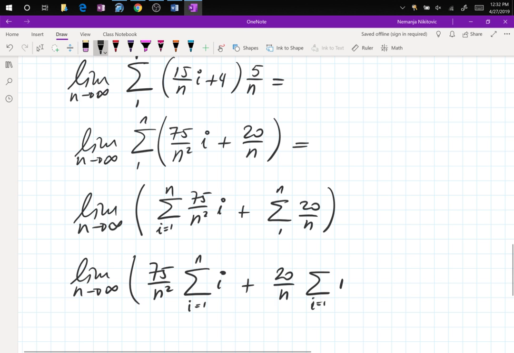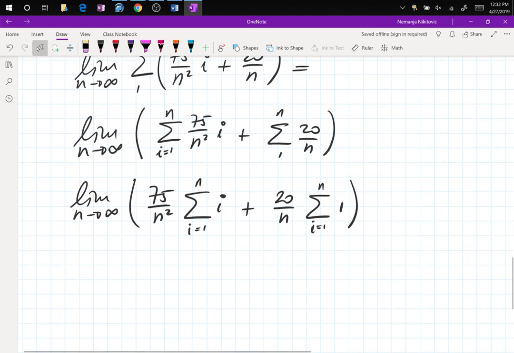i goes from 1 to n. So when you kick everything out of the sum, 1 has to stay within, because it's a placeholder, right? When you multiply back in, you're in. So now, on page 345 in your textbook,